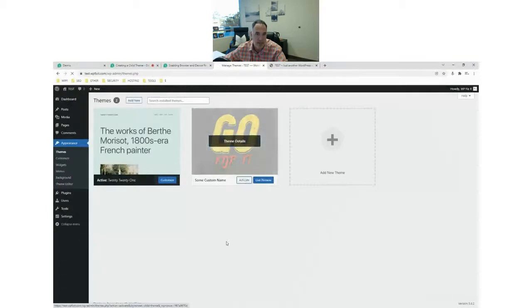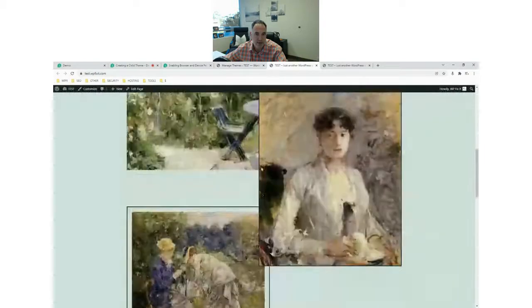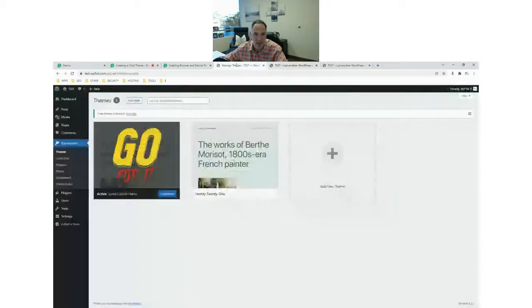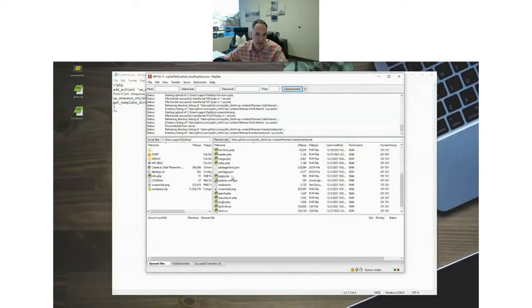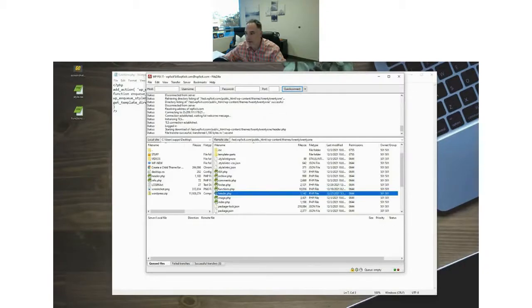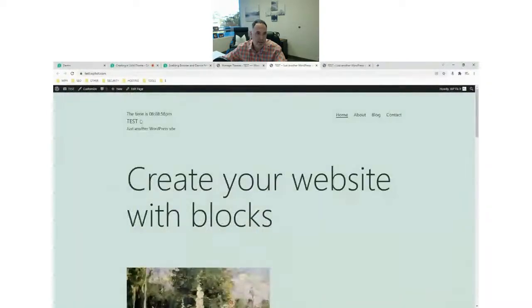So if I activate this, there we go. Now let's load the site. Look at that. Still looks like the same site. Now the advantage of this is when we want to edit any of the files inside of the parent theme, for example, let's edit the header. Okay, what do we want to do to the header? Let's see. All right, so we have,